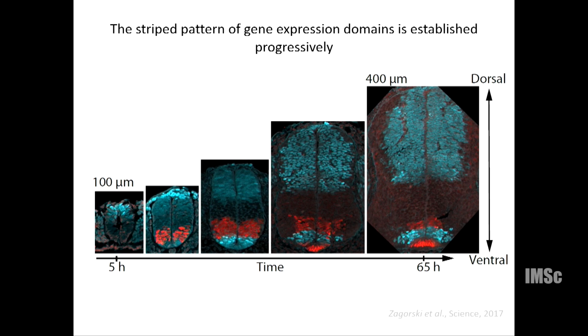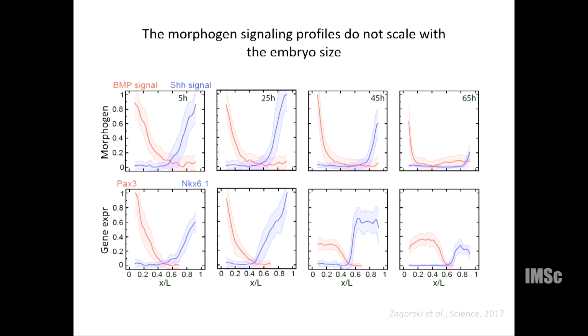To get this, my collaborator Anna Kicheva took 300 spinal cord cross sections taken at different embryonic days. Those were immunostained to mark the expression of these target genes and signaling activity. And now if we quantify this signaling activity, what we see is that for BMP signal, initially they are quite close, or very, very close, to exponentially decaying profiles. Over time, and here we represent it in relative units, so we take the position in the tissue and divide by the length of the tissue,